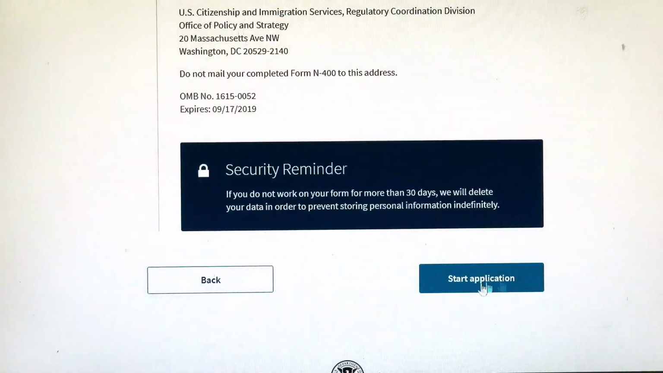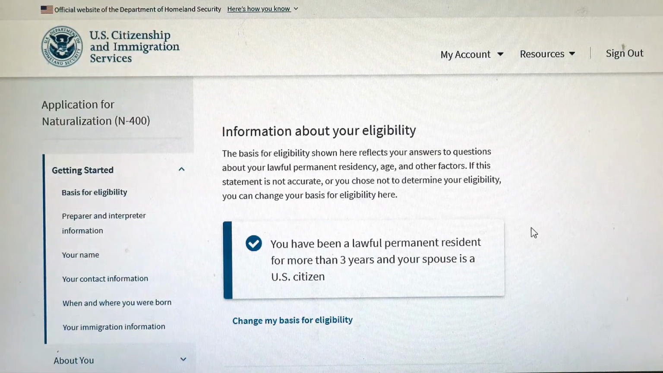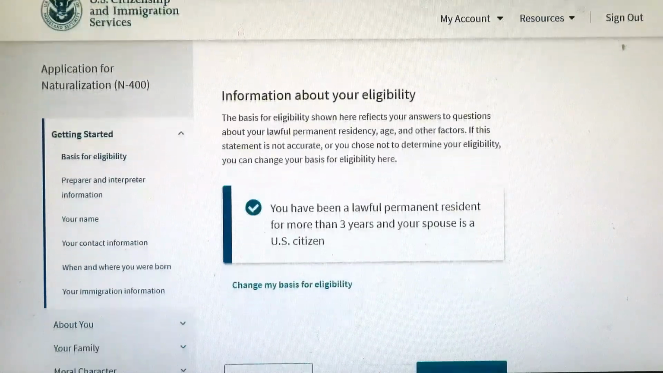Information about your eligibility, there you go. You have been a lawful permanent resident for more than 3 years, and your spouse is a U.S. citizen. So you select next, and